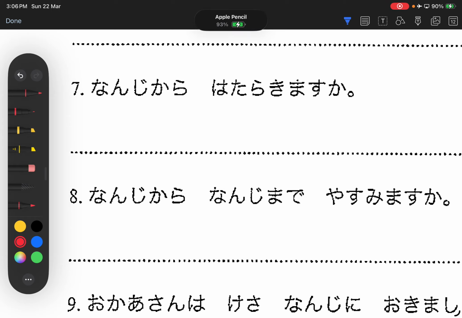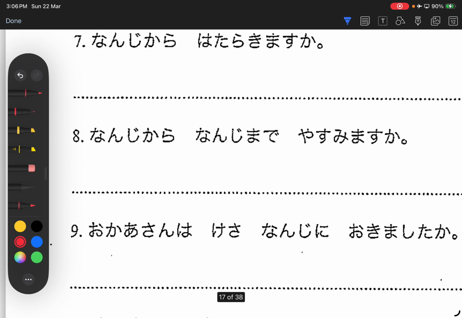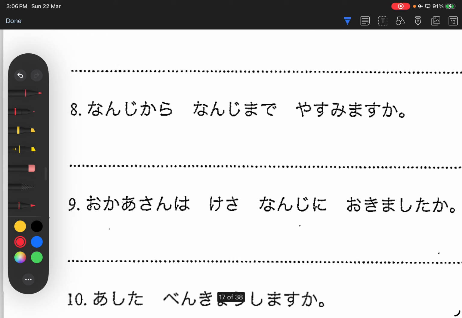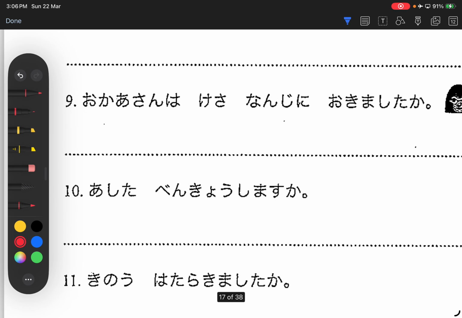Number 8. 何時から何時まで休みますか？私は午後12時から1時まで休みます. Very good. So she copied the answer from the previous homework, the previous page. 午後12時から1時まで休みます. Okay, number 9. お母さんは今朝何時に起きましたか？